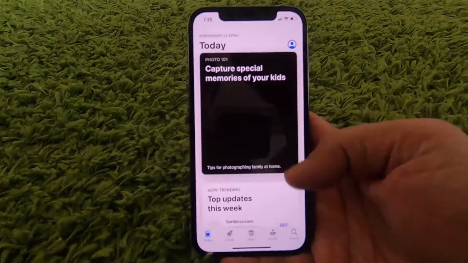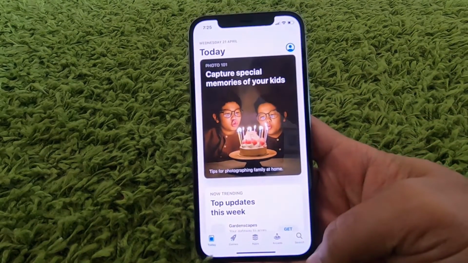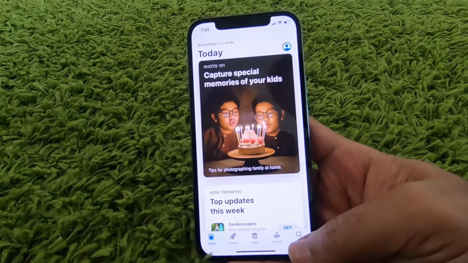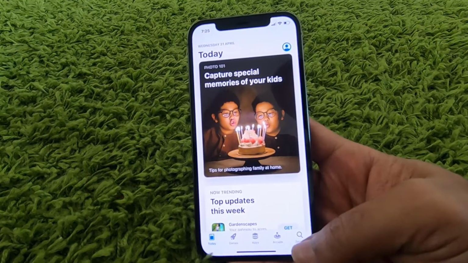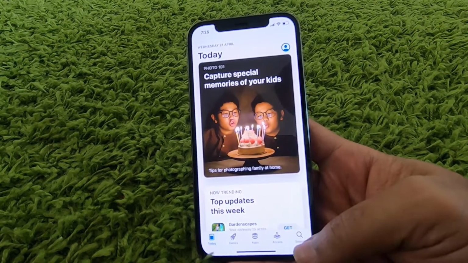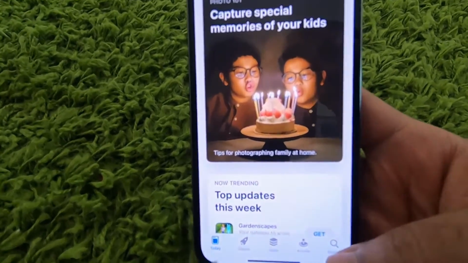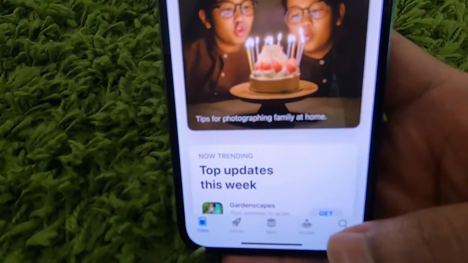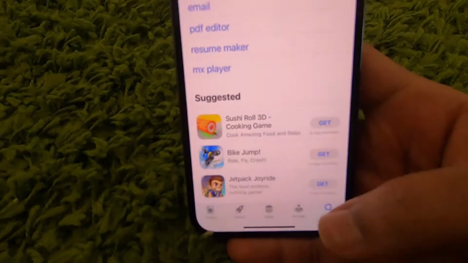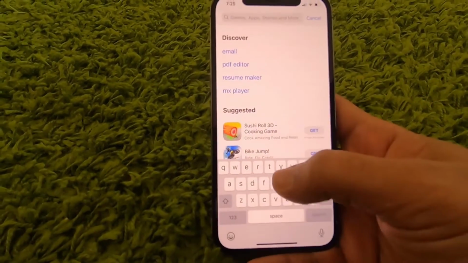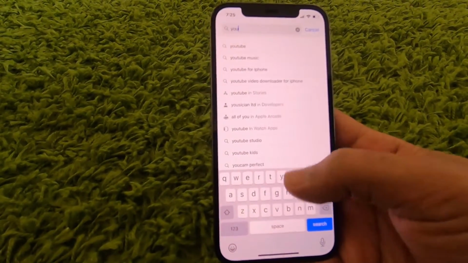And once the App Store app opens, you need to press on the search icon on the bottom right hand side. So I'm going to just press on the search icon which is at the bottom, and once you press on the search icon you can search for any app. So I'm going to search for YouTube,